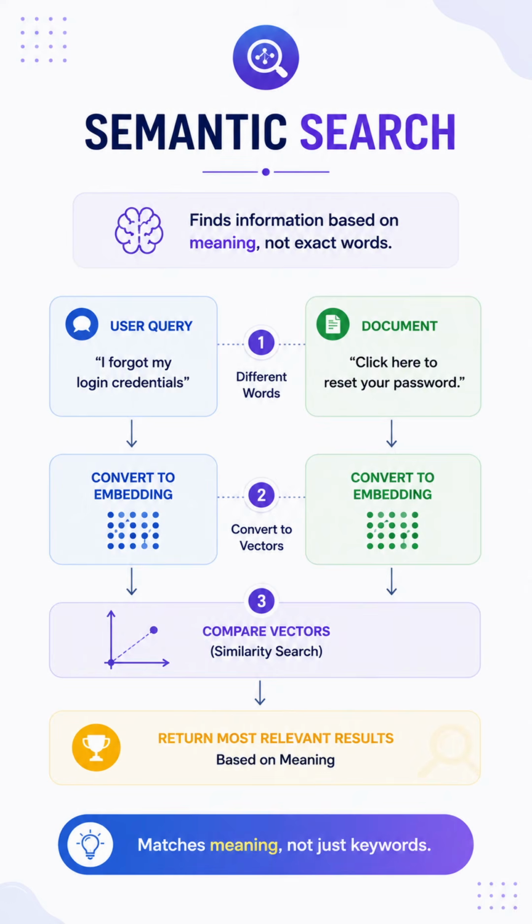Semantic search, however, understands that both phrases have the same intent. Instead of comparing words, it compares their meaning. This works because both the user's query and the documents are converted into embeddings, which are numerical vector representations that capture semantic meaning. The vector database then compares these embeddings using similarity measures, such as cosine similarity, and retrieves the